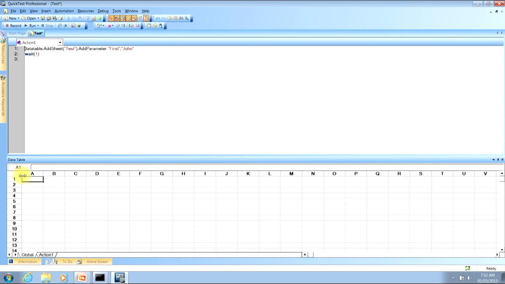This moves us to the second way in which we can add a new parameter. Now, in this manner, we would be adding a new parameter to a data sheet that already exists. So to show you this, I'll delete off the first line. We'll begin again by typing the word data table, then a period. This time we'll double click the entry for get sheet, type an open parentheses, quotation mark,